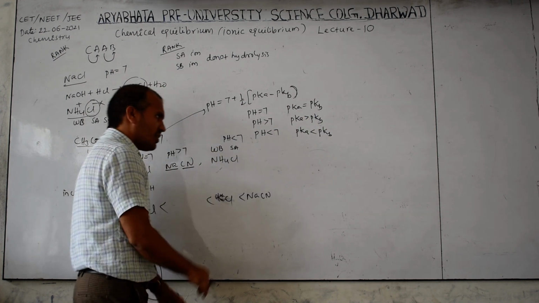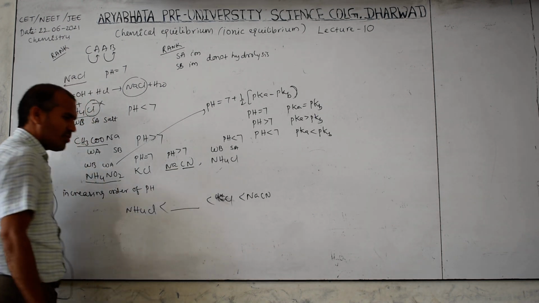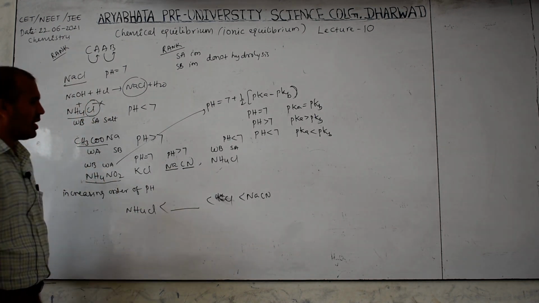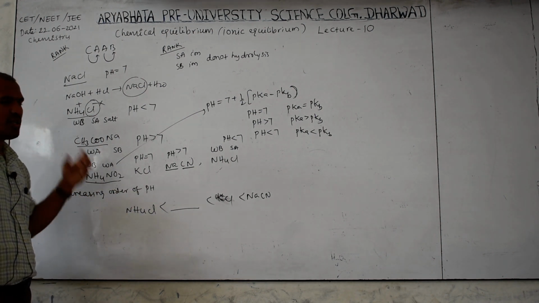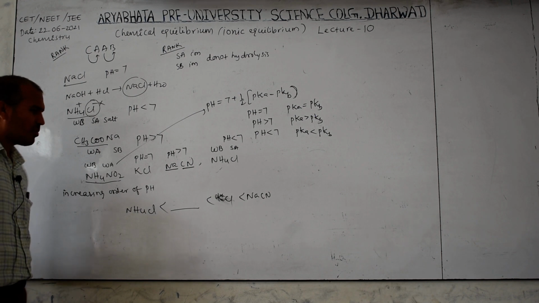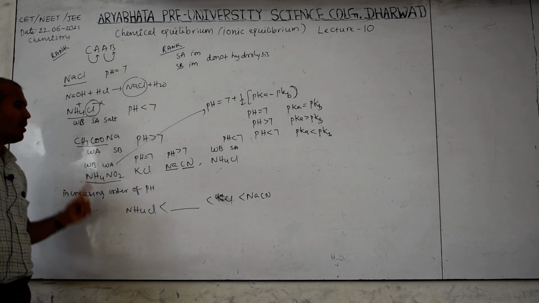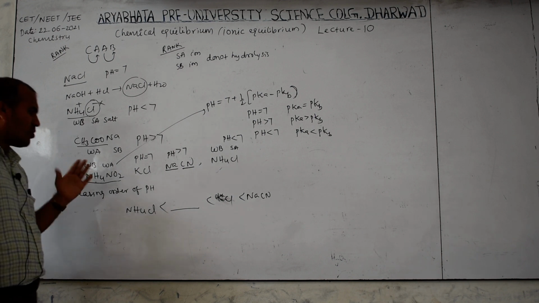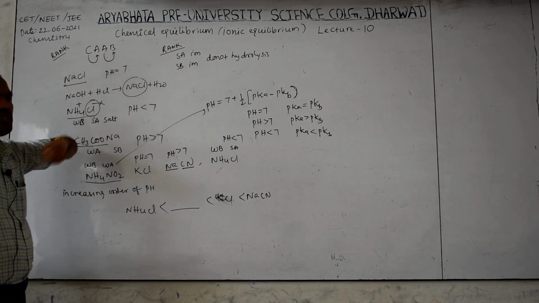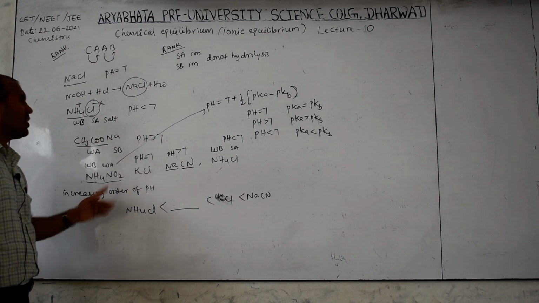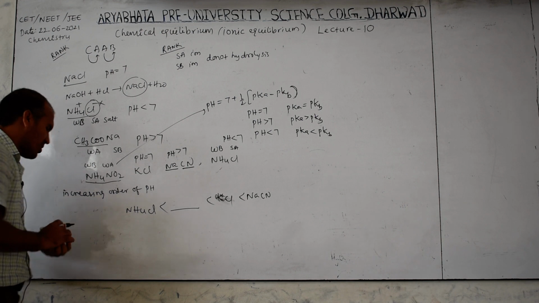In these cases, if it is not mentioned, we will write it in this way only. This is how we have to represent it in competitive exams. These are very important questions. They look like theory, but for competitive exams they are very important. The dominating character gives the respective pH, and the one which is not dominating is not hydrolyzed. This is a rank shortcut, remember. So this is salt hydrolysis.